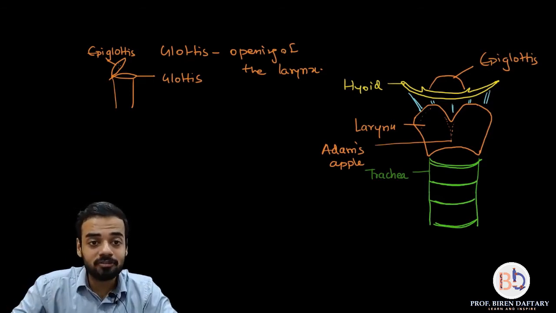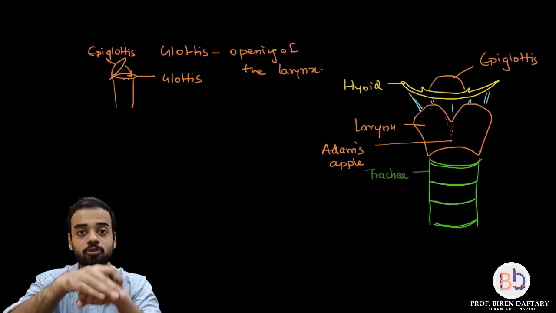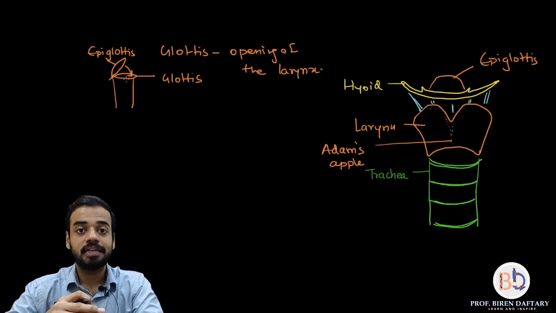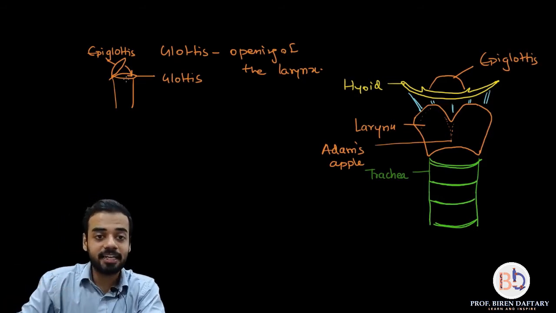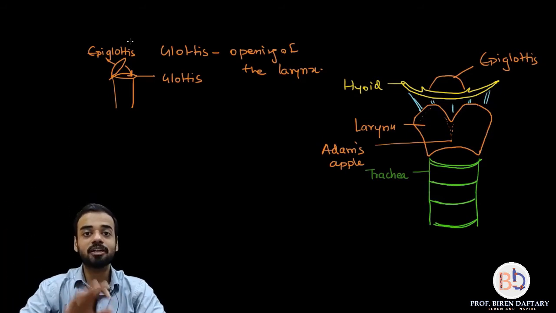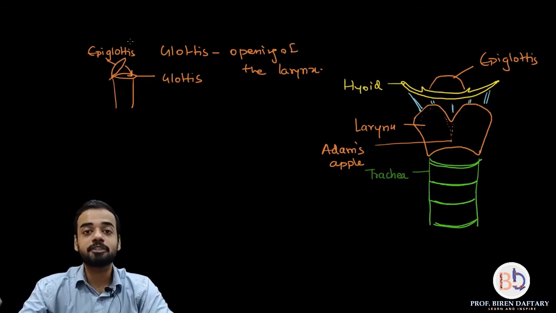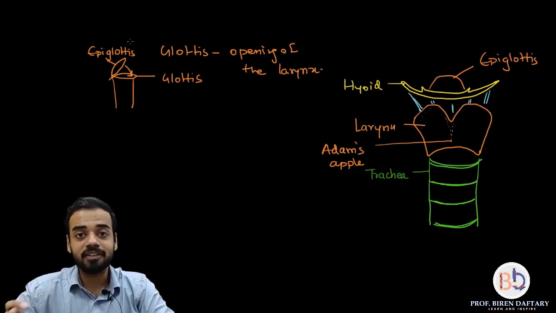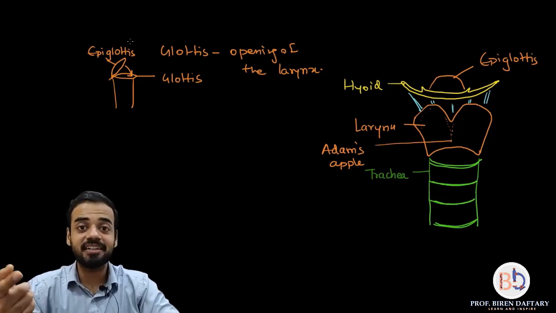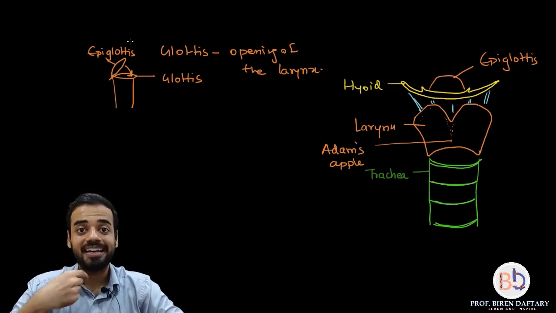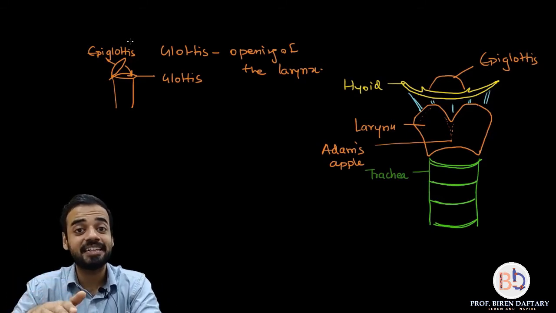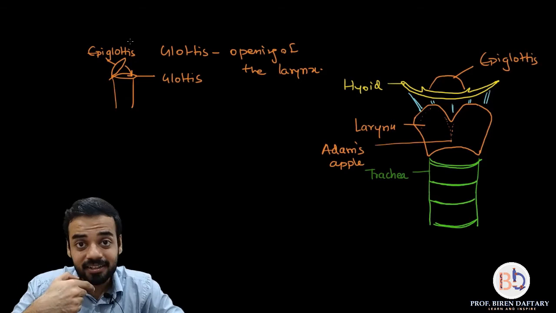So the epiglottis shuts down, it closes. Imagine the lid closes so that food will not accidentally go into your larynx. But when you are breathing, the lid opens up so that air can pass inside. So the epiglottis is like a lid or flap which prevents food from entering your larynx. Sometimes when you are eating and talking with somebody, if you accidentally swallow water or food and it enters your respiratory tract, you start coughing. That happens when the epiglottis remains open